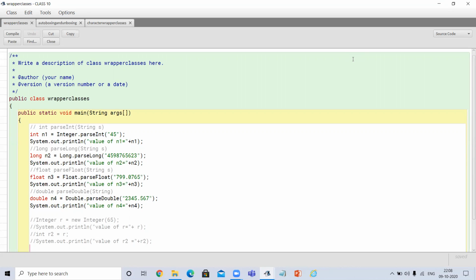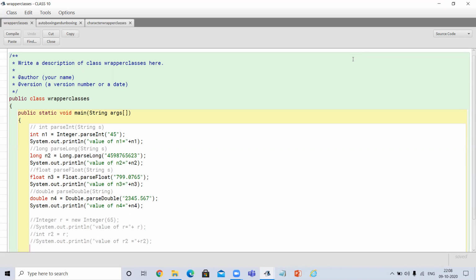Today we will discuss some commonly used methods of wrapper classes. First of all, we will discuss the method given on your page number 249. You know that a wrapper is also a class.